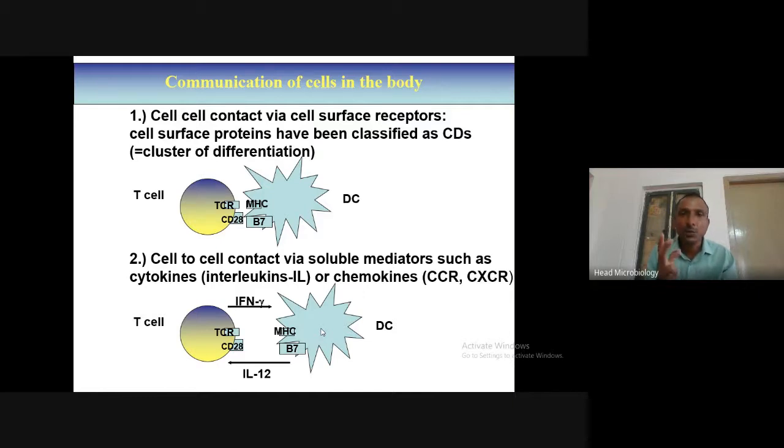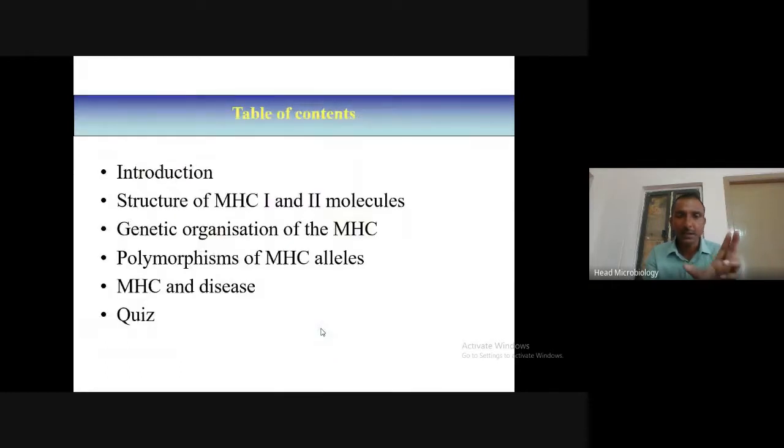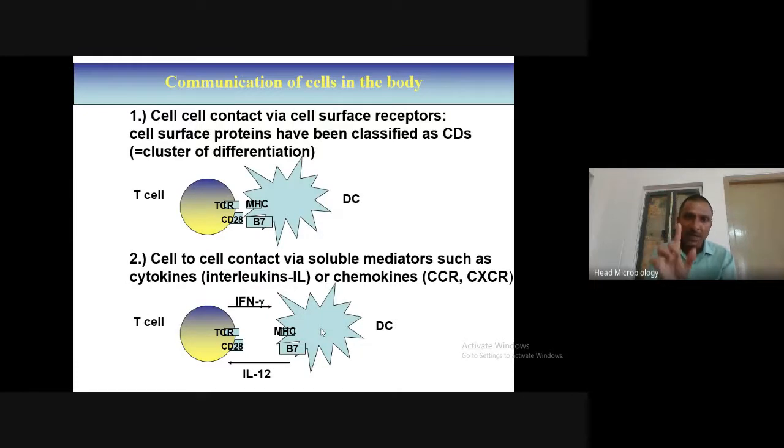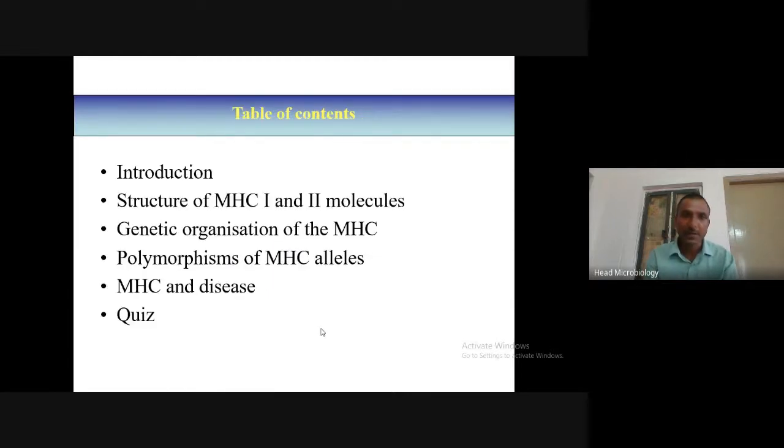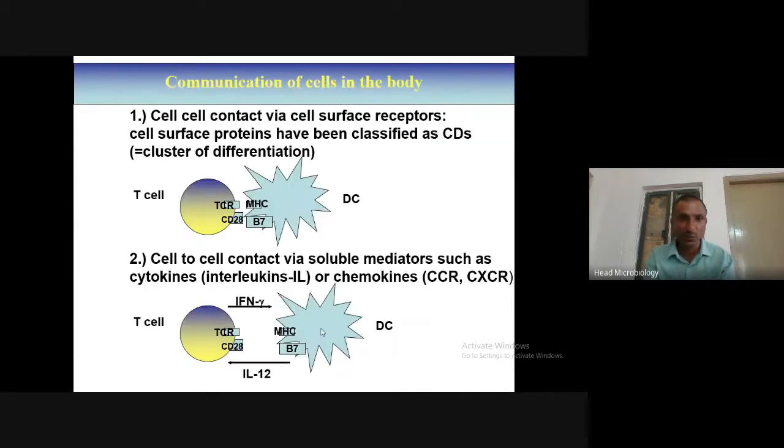There are two structures, MHC1 and MHC2, major histocompatibility molecules and genetic organization. Here, MHC1 is the T cell presenter and